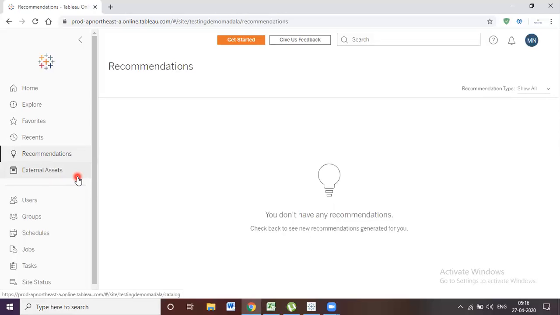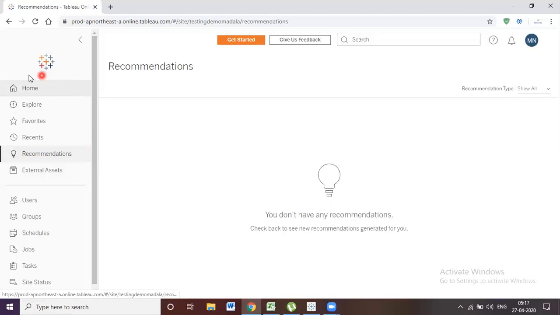If you have any external data sources, like live or any data source connections, it will give information about your data quality, means whether your data source is up to date or not. If there is any message, like the data was last updated at some time, or the database tables are in maintenance mode, those kinds of information we will get from this external assets, right?